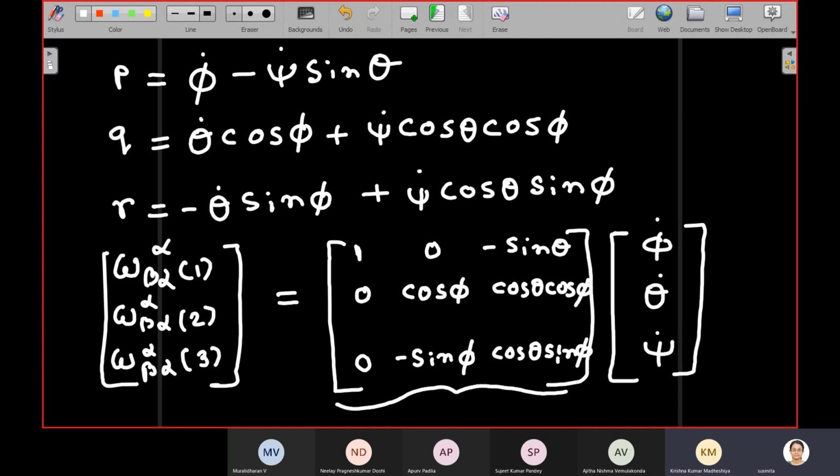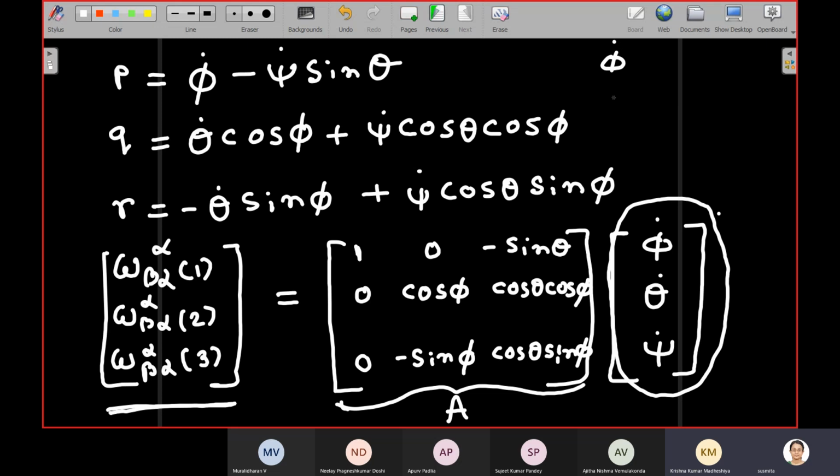So this is the matrix we have got, right? Now we are interested in finding this one, correct? You've got this one using sensor measurements, and using the Euler angles at the previous time instant we can form this matrix, right? So let's call this A matrix, and phi dot, theta dot, psi dot is equal to A inverse